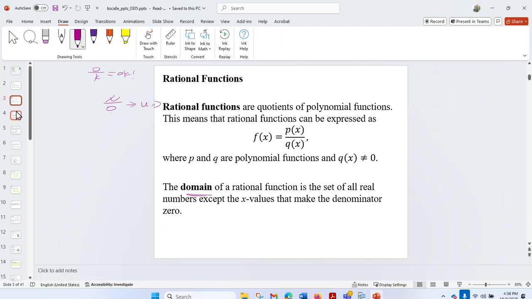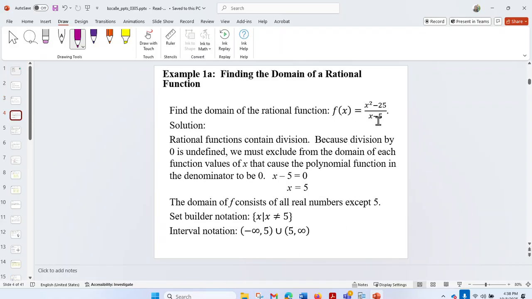How do you find the domain? Well, sometimes you also have to be able to factor, right? If you have a domain here, the denominator x minus 5 cannot be 0, so that means x cannot be equal to 5. Okay, so in your domain here, you're going to have to exclude 5. Okay, sometimes I saw some people in the previous test did not know how to write down interval notation. Okay, unfortunately in this college algebra course, a lot of the time they ask you to write the interval notation, so I'm going to